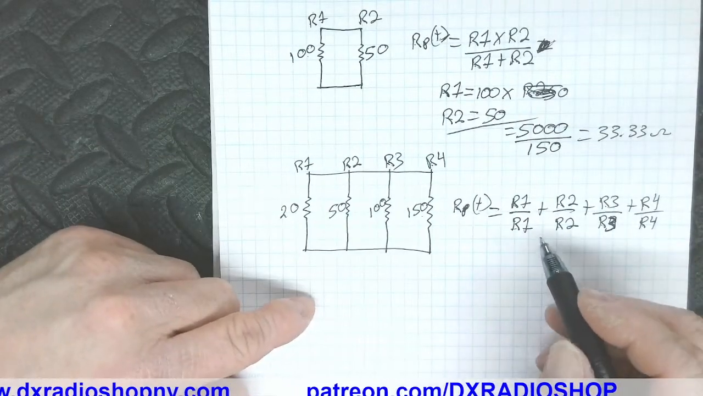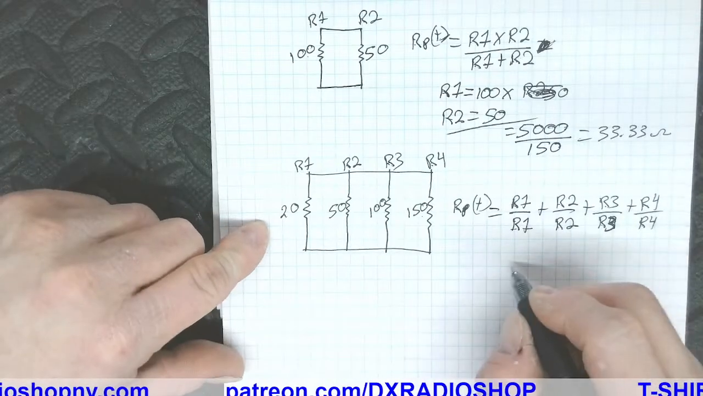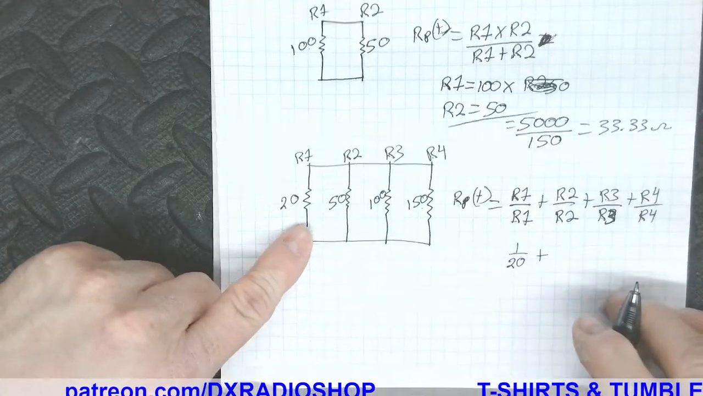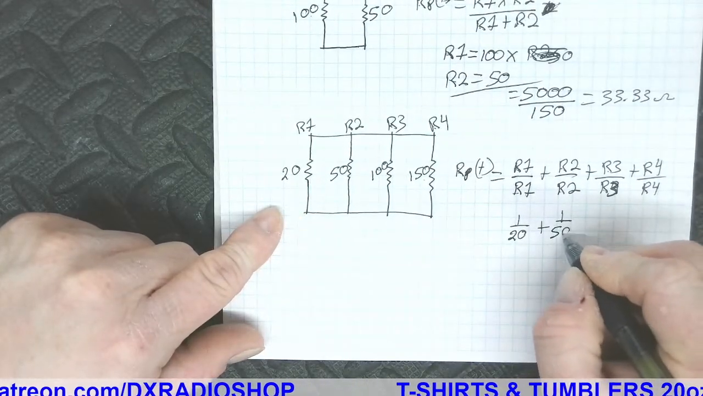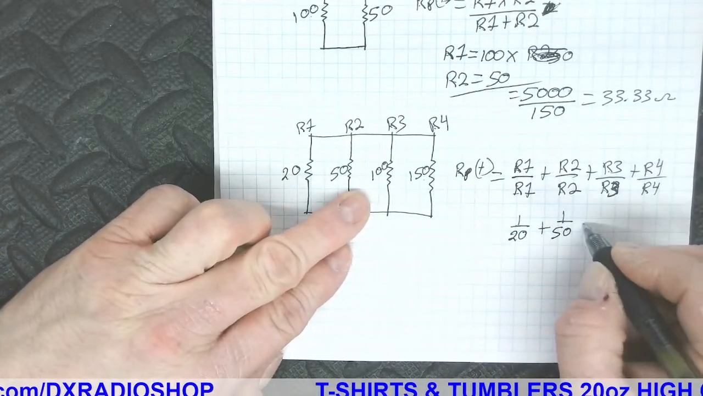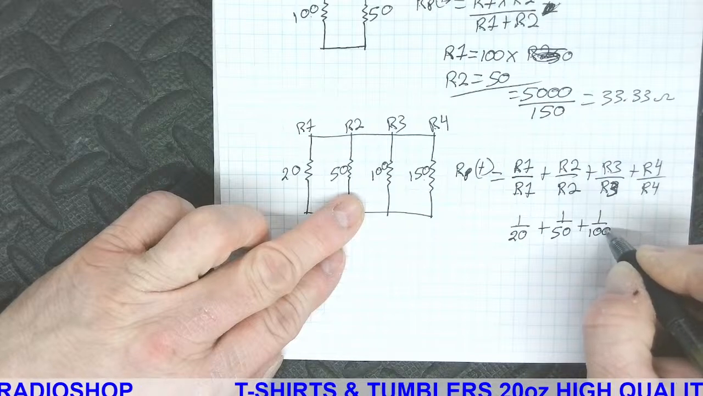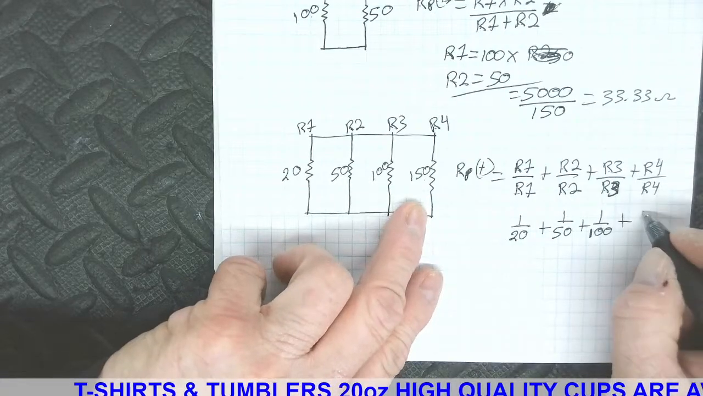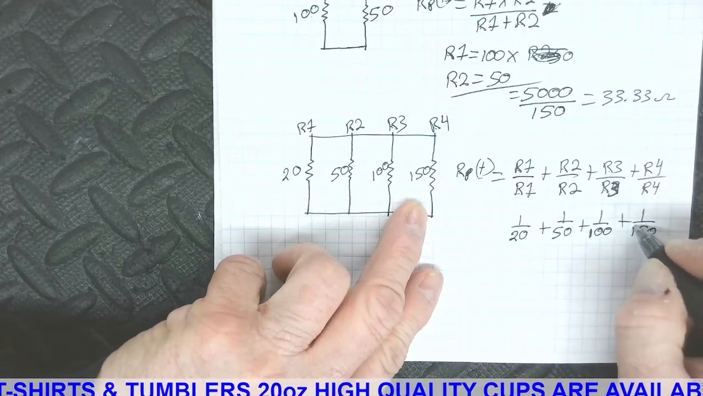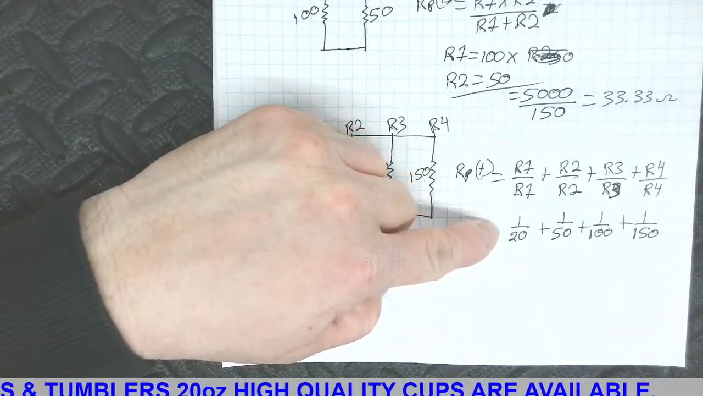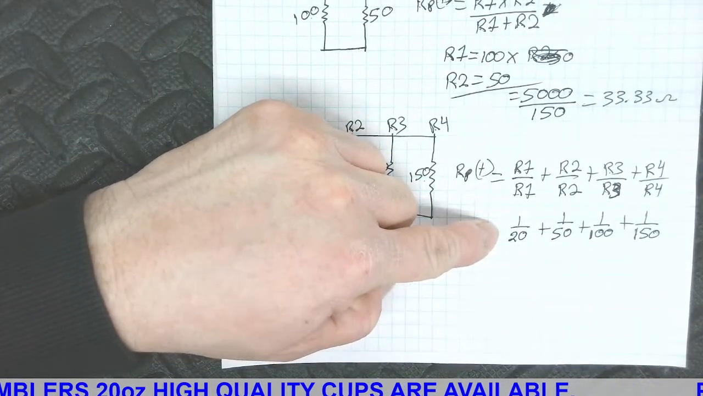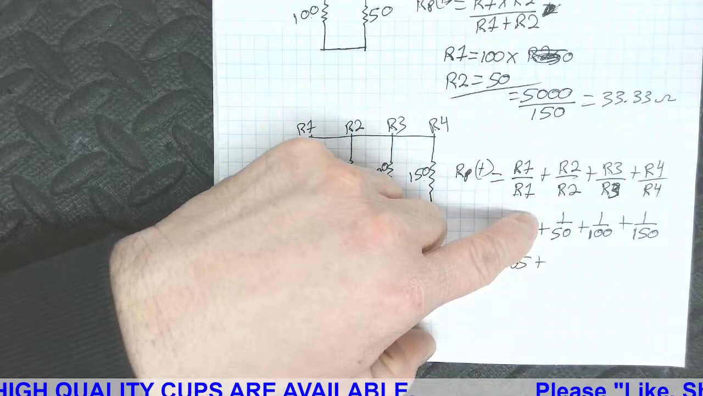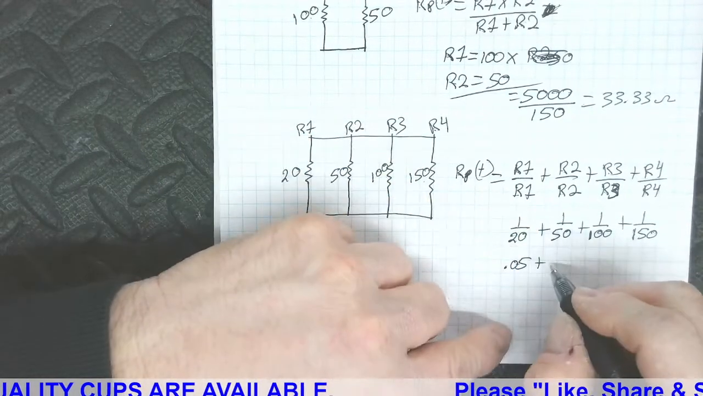So what does this mean? Well, we have R1 is 20, so that's 1 over 20 plus 1 over 50, plus 1 over 100, real straightforward, guys. And then you got plus the last resistor is 1 over 150. Okay? So 1 divided by 20 is 0.05 plus 1 divided by 50, 0.02